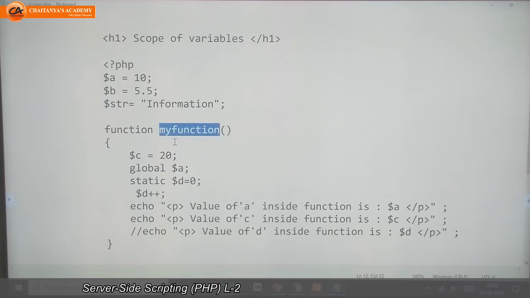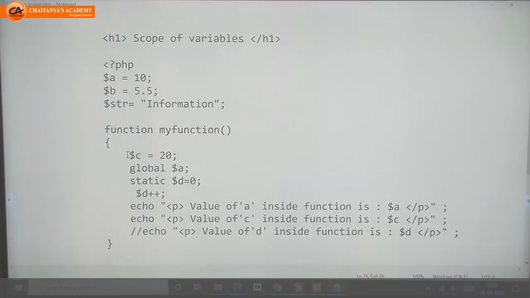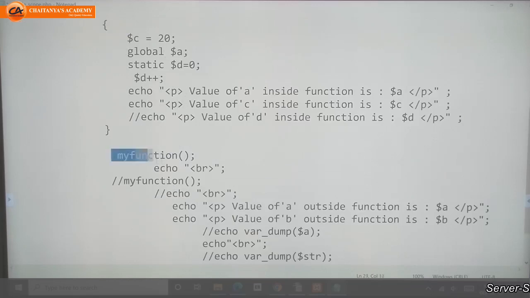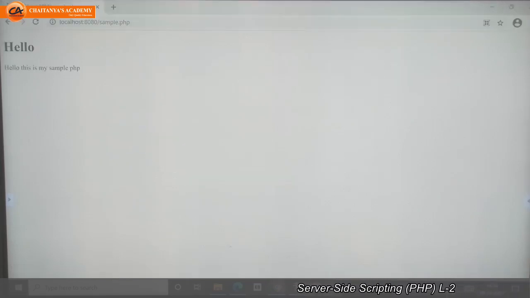First we will see these two variables, that is C and A. See here, echo the value of A inside function, and the value of C inside function. To call this function, I need to write the name of the function with opening and closing brackets. We will check the output.